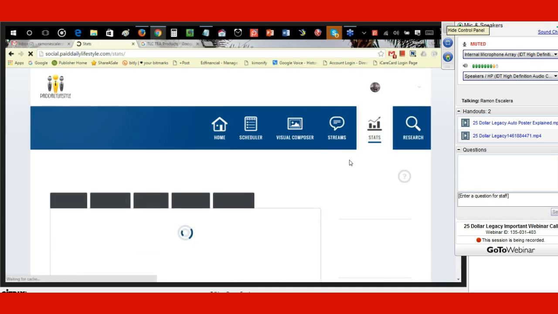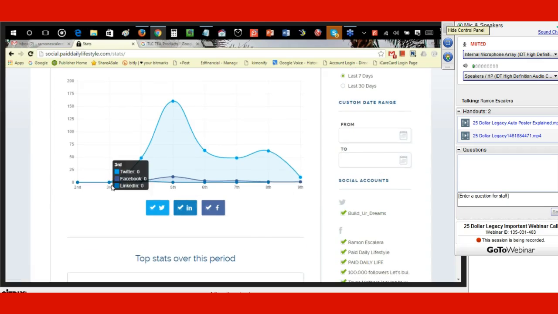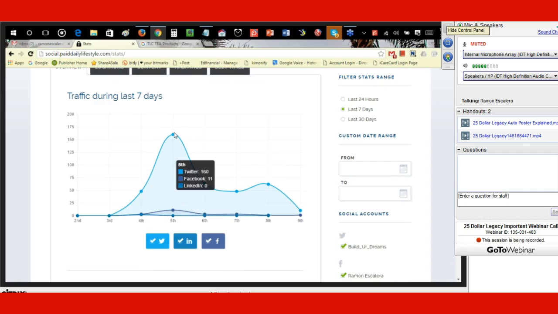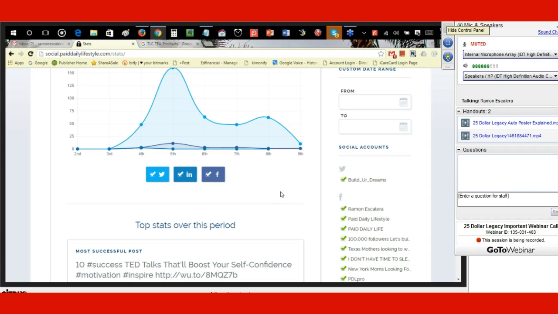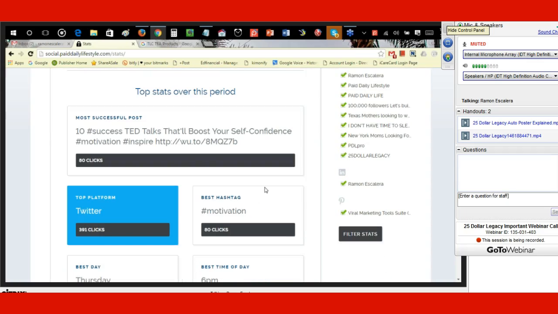The stats area is what the numbers crunch down to, ladies and gentlemen. As you can see here, I've been busy, and because of that, when I started posting again, as you can see here, it was going great. Now I declined, and now we're down here, and I got to get back up again. And the way to do that is to consistently post content